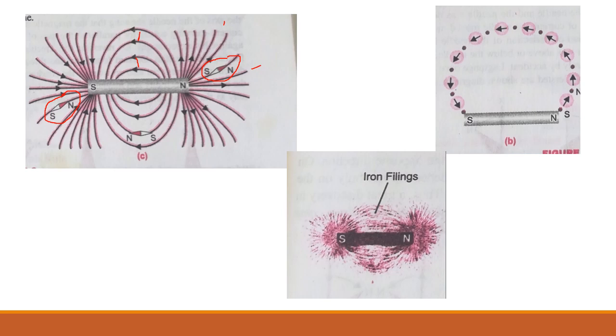The second picture B shows how to find the magnetic field lines. How is the direction of magnetic field lines found out? These small arrow marks are the magnetic compass, showing their direction. And experimentally also it was found that if iron filings, means iron powder, are placed near a magnet, then this iron powder is attracted towards the magnet and takes this type of shape. Most of the iron powder is stuck near the poles, and in the center part it is a little less. So magnetic strength is considered to be maximum at the poles, whereas in the center it is a little less.